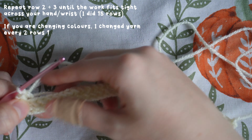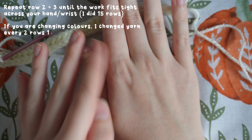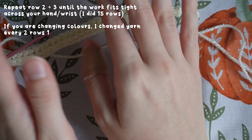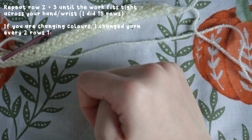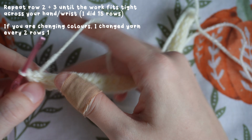And then you just want to do as many rows as you want. I want it to have a little bit of stretch as well, so it's literally just fitting my hand. If you want to make them a little bit more loose fitting, you can obviously do more rows. So yeah, I'm just basically going to continue that now, and then when I come back I will just chain